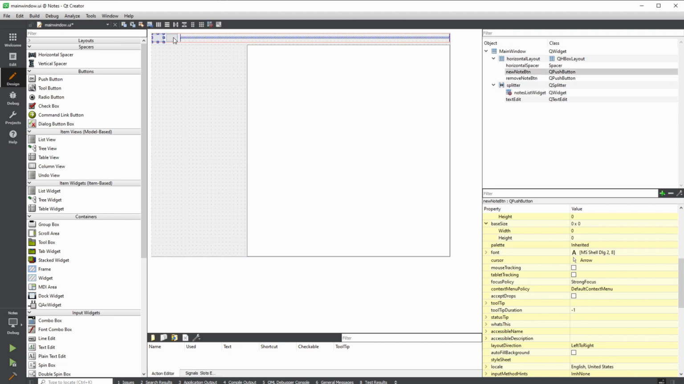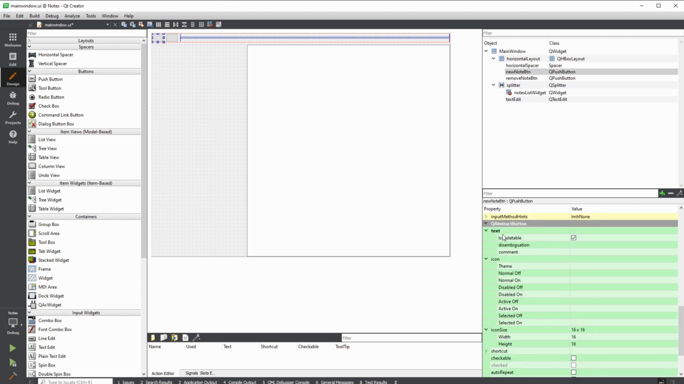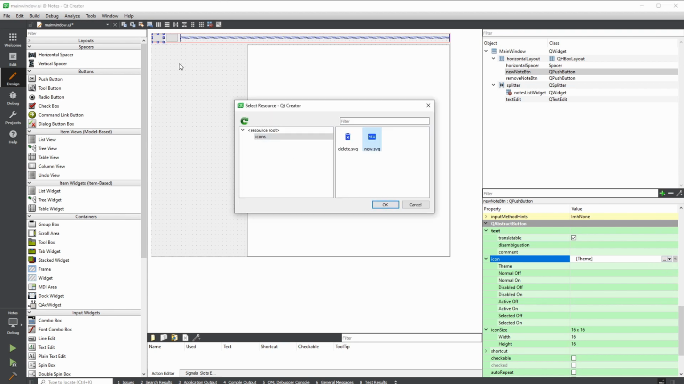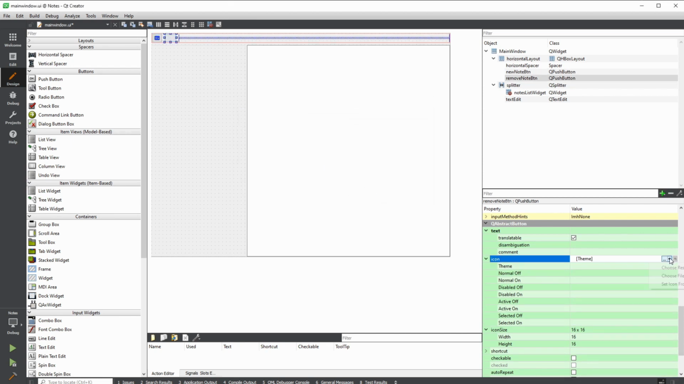Let's go ahead and add the icons. We select the button for which we want to add the icon, and we scroll down to icon. To add an icon from the files that we added in the resources, we click that arrow, click on choose resource, and select the new button icon. Let's go ahead and do the same thing for the delete,